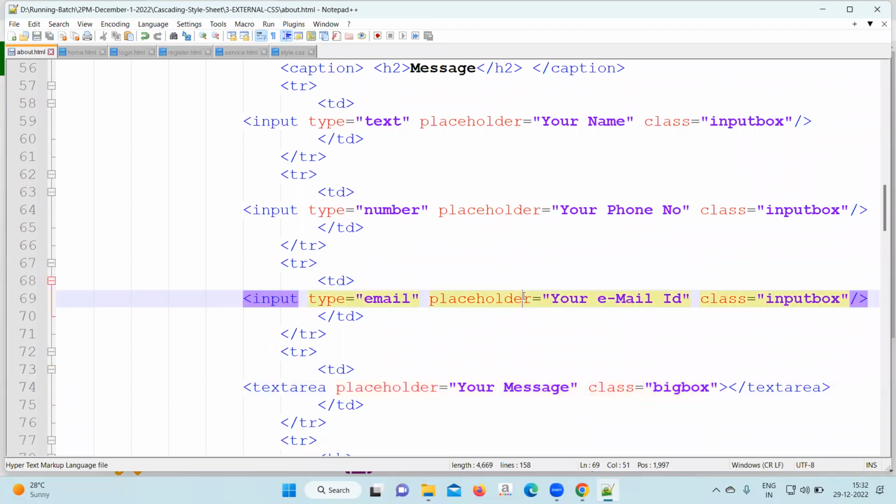Button, let it be button. Okay, so we'll write that class